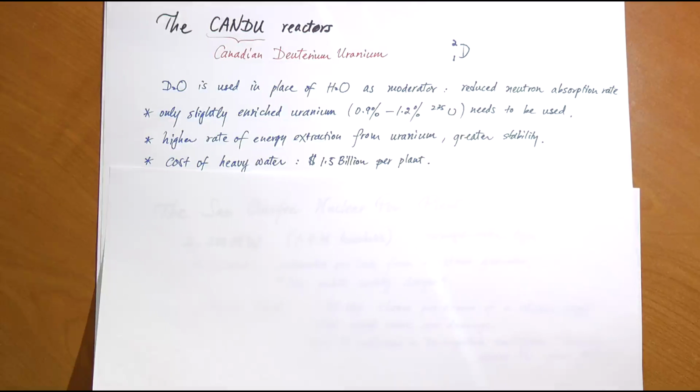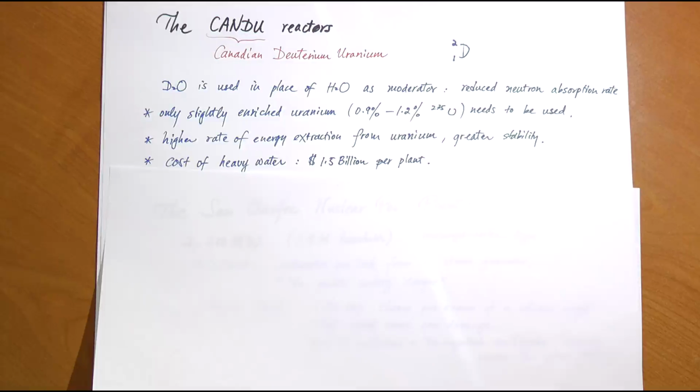And with D instead of H, it already has a neutron, so it is far less likely to absorb one more neutron. And as a result, it is a more efficient moderator. When you have a more efficient moderator, you do not need such a high amount of enrichment to sustain a chain reaction. And because they use D2O instead of H2O as a more efficient moderator, the Canadian nuclear reactors do not need